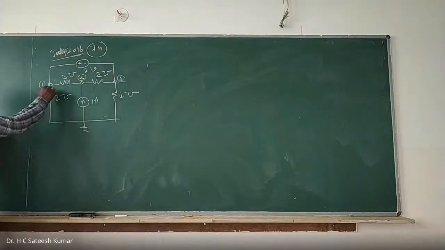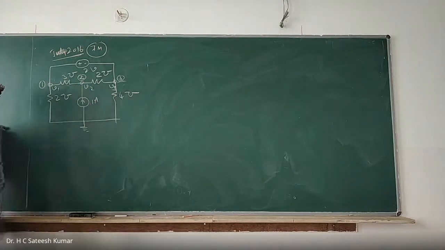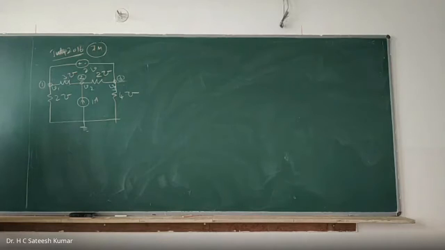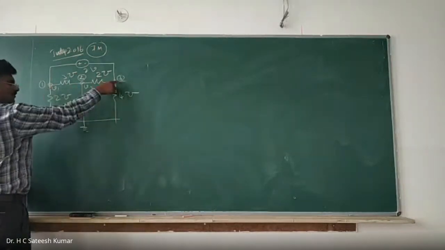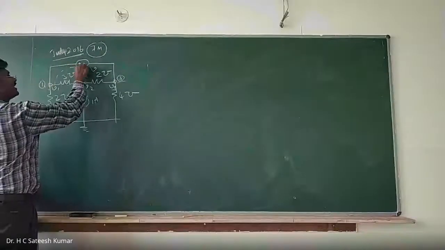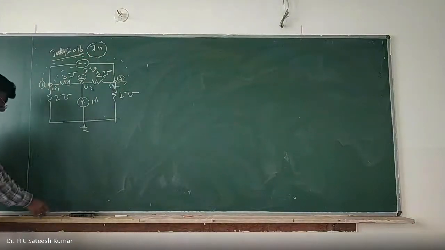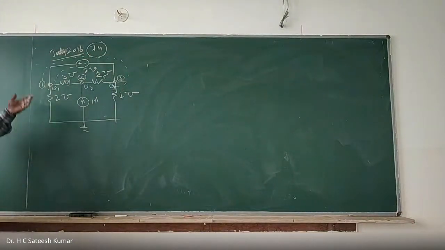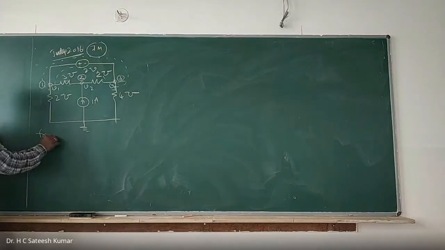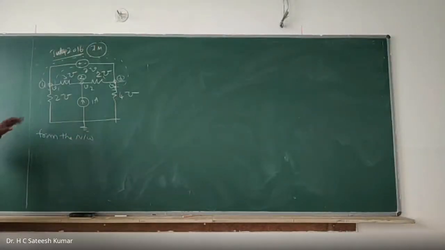Okay, right. So we can call the node voltages V1, V2, V3. Now, there is a super node here, because between these two nodes there is a voltage source without any series resistance. Therefore, we can make it a super node like this. A similar kind of problem I already did, might be the same problem, I don't know. Now, what do we have from the network?